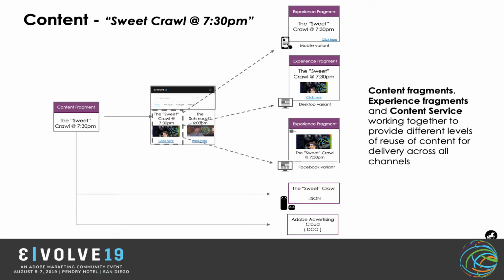They can also build a Twitter variant. These variants are out of the box, ready to go and pushed into the social environments. The IT teams can then build direct connections into content-hungry channels, while the marketer can work with their media teams to be able to push this content into Adobe Advertising Cloud,